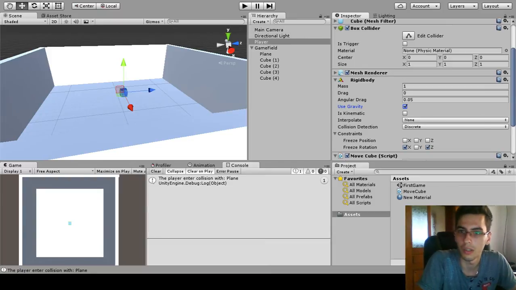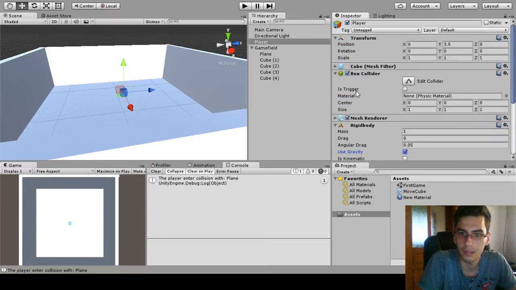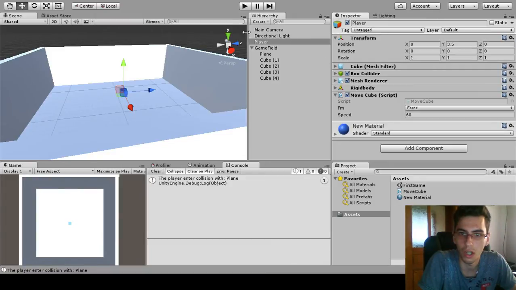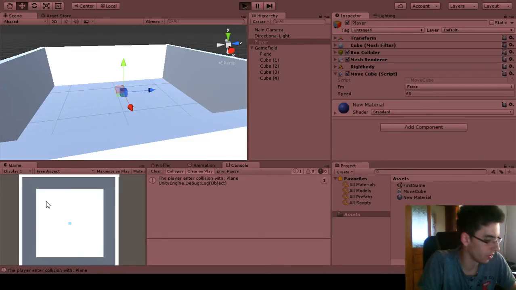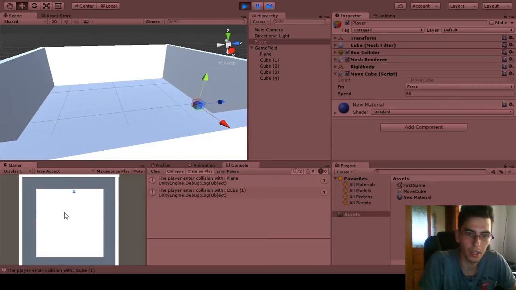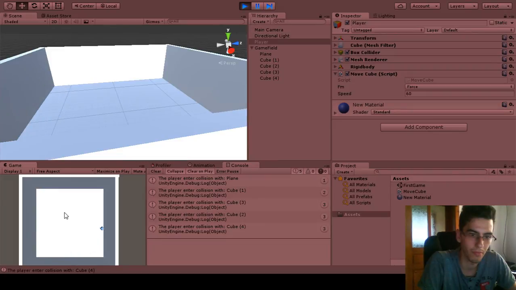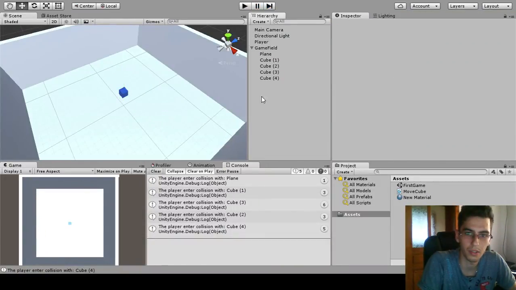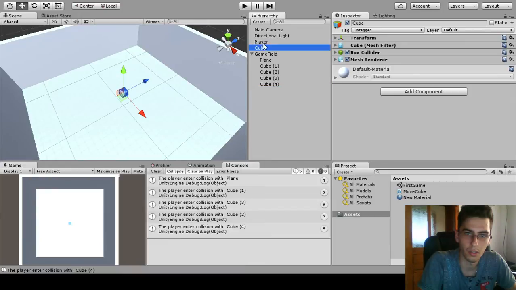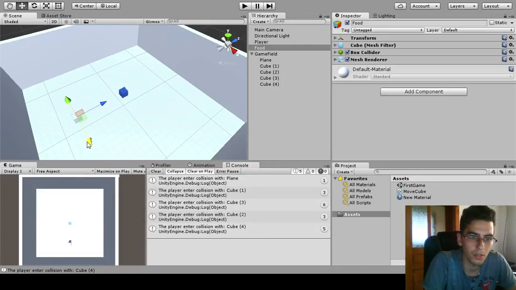Alright, so adding this script to our player object allows us to control the object using WASD and arrow keys from the keyboard. So if I want to, for instance, add another object, another cube, let's name it food. Let's put it right here,